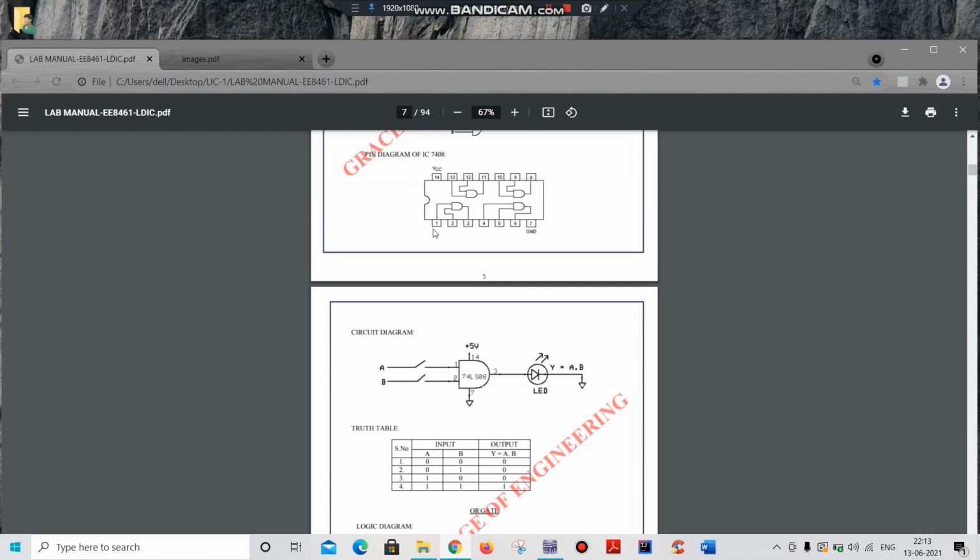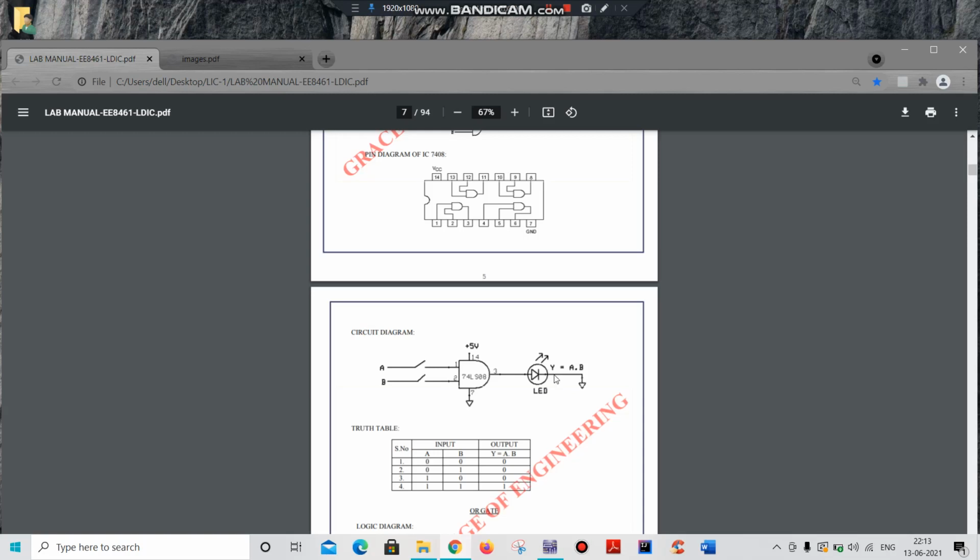Similarly, your inputs A and B will be given to pin numbers 1 and 2 respectively of your IC 7408. Okay, so we need to ground your circuit.